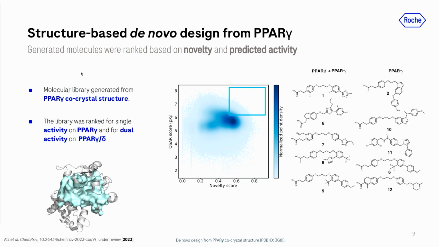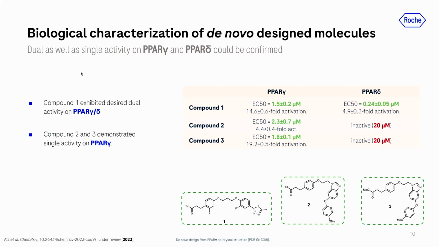Therefore, two ranking procedures were applied: one for PPAR gamma and PPAR delta, with the goal to identify a dual modulator, and one only based on PPAR gamma, so only based on the activity on a single target. These are the molecules which were then synthesized, named compound 1 with the goal of being active on PPAR gamma and PPAR delta. After synthesis, the molecules were tested in a binding affinity assay, and compound 1 was active on both of those targets, whereas compound 2, which